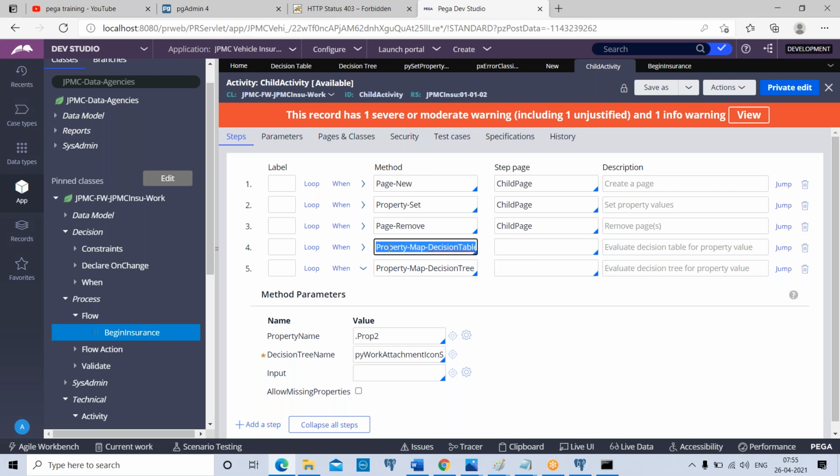Same without using a decision table, if you want to do it by activity, you need to add 10 property sets. For each property set, before the property set, you need to add 10 different preconditions, correct? Condition 1 satisfied, you set a property value. Condition 2 satisfied, you set a property. Condition 3, step 3, satisfied, you set another property, another value. Like this, instead of adding 10 property sets, we can implement it using only one single step, by creating it as a decision table or a decision tree.